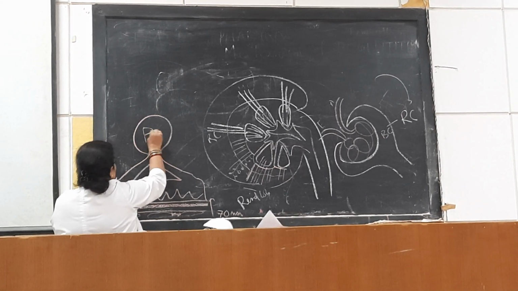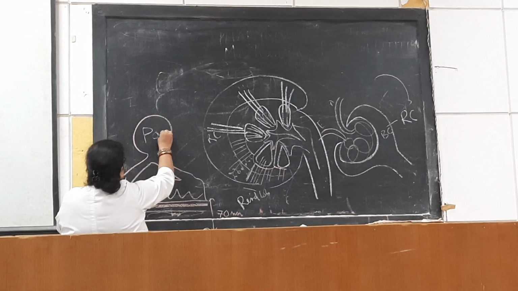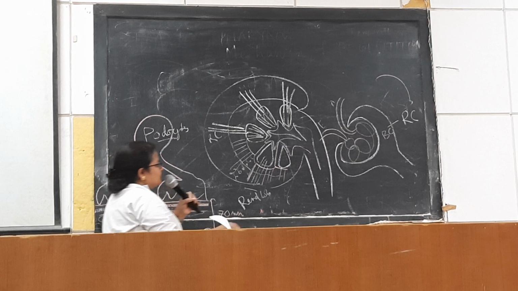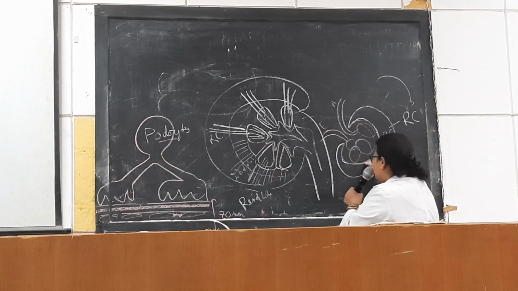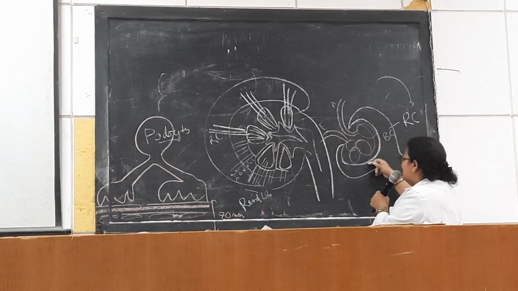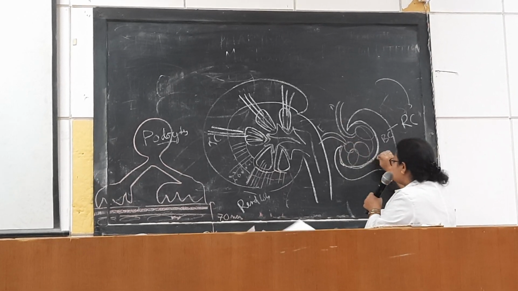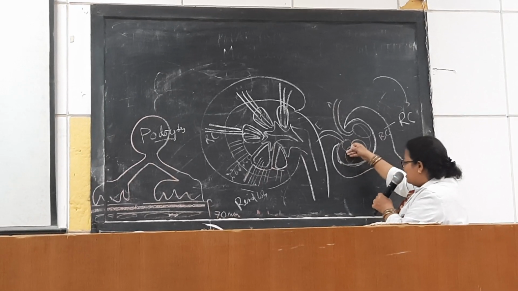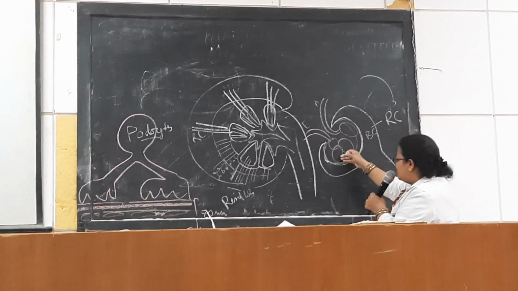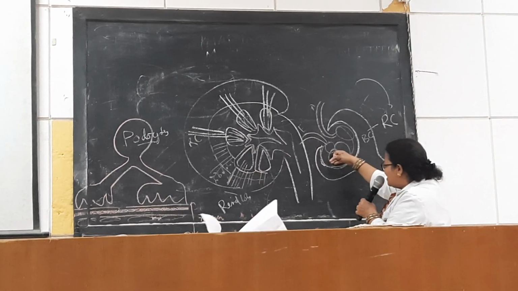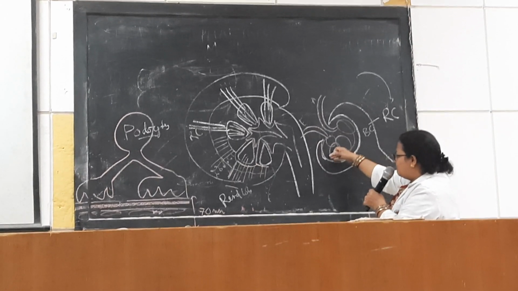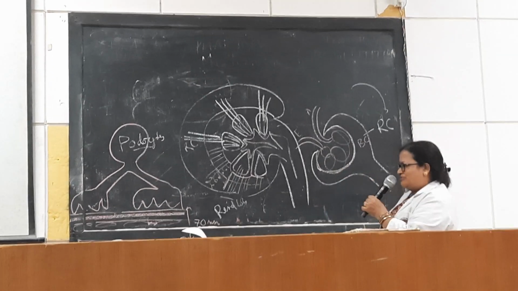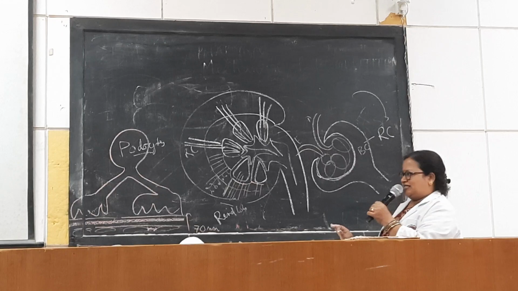These are the podocytes lining the visceral layer of the Bowman's capsule. So what I am drawing is the filtration barrier, formed from inside out by the endothelial cells of the capillaries, the basement membrane over which the capillary lies, and the podocytes, which also lie there, and the foot processes of podocytes.